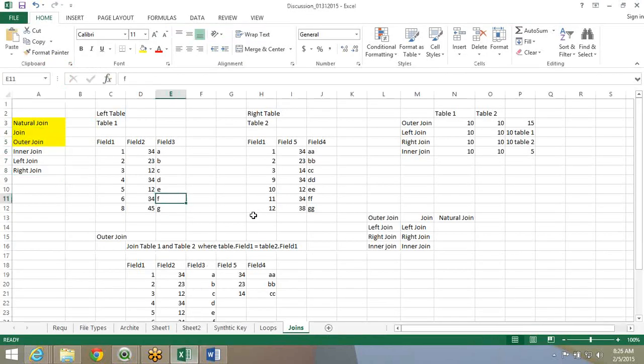What I would suggest is, go ahead and practice this, and then probably we could continue with the next